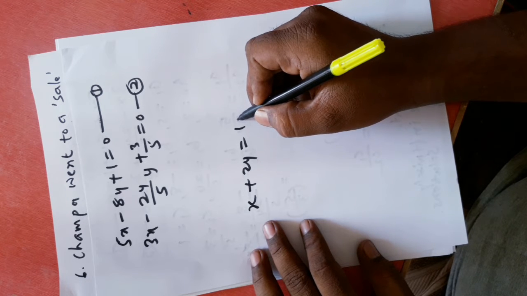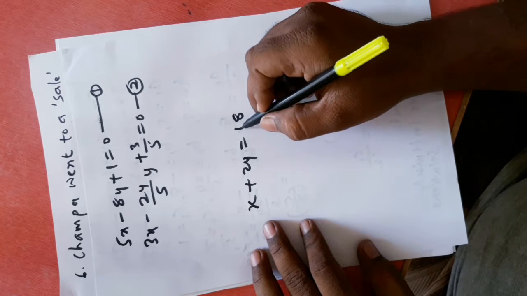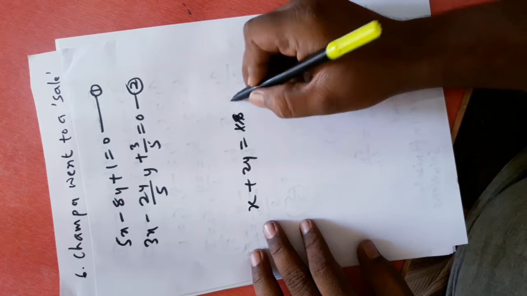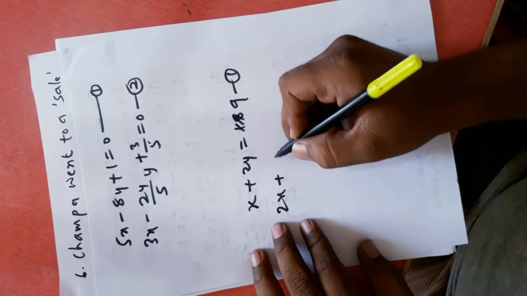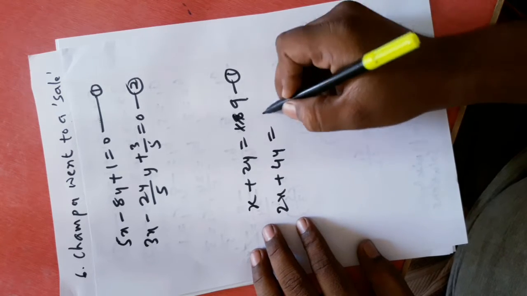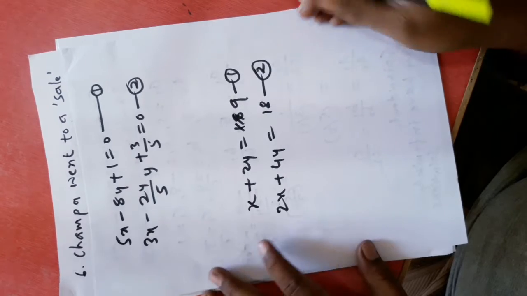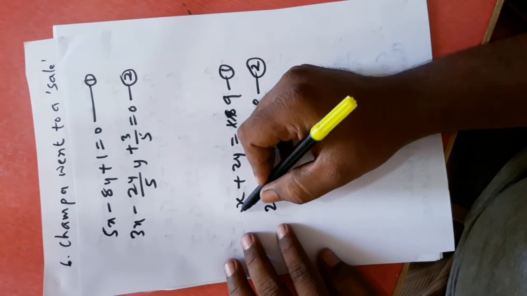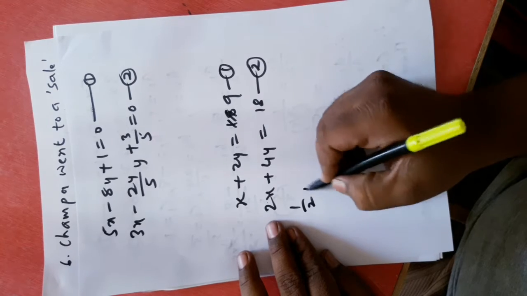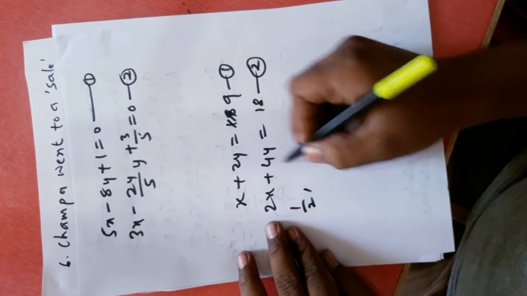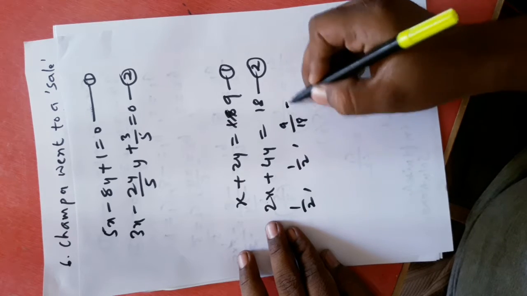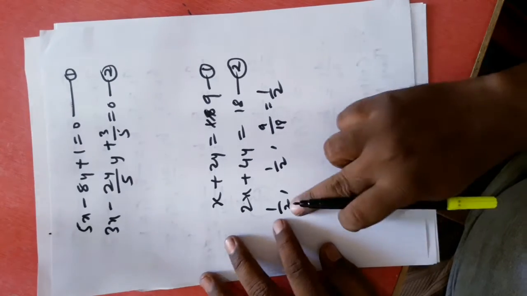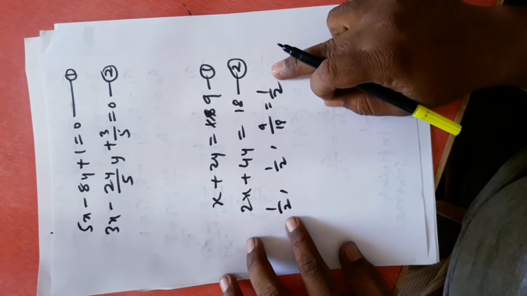In example number 3, which we studied in the second class in the graphical representation, x plus 2y is equal to 9, first equation. This will be 2x plus 4y is equal to 18, second equation. See again, a1 by a2 is 1 by 2, b1 by b2, 2 by 4, is 1 by 2, c1 by c2, 9 by 18, is again 1 by 2. This is a1 by a2 is equal to b1 by b2 is equal to c1 by c2.